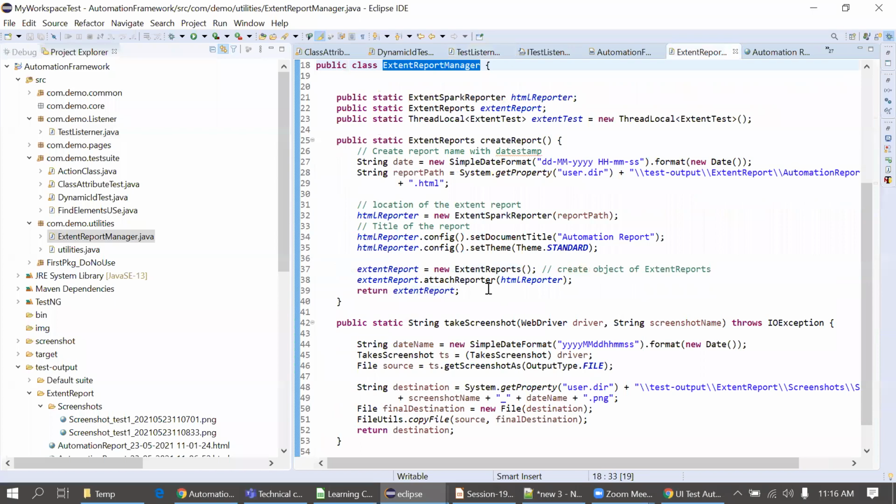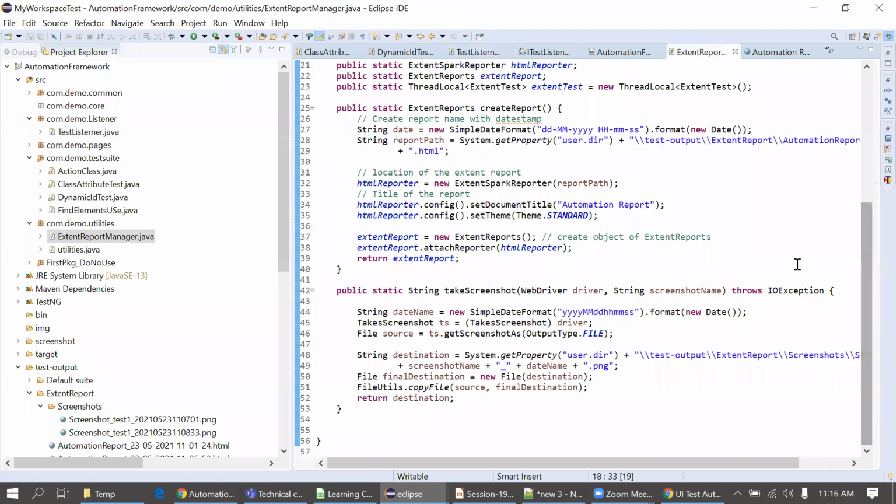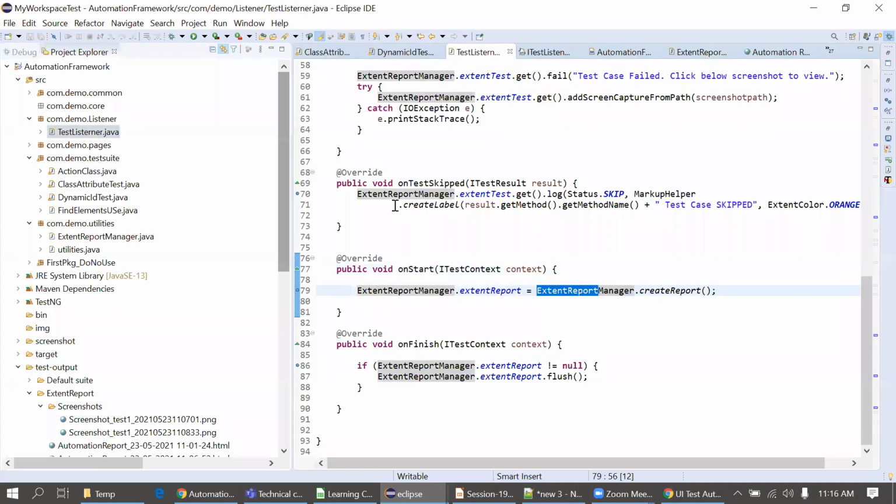If I don't return it, let me check. I think it's really needed. It will simply initialize, that's fine.